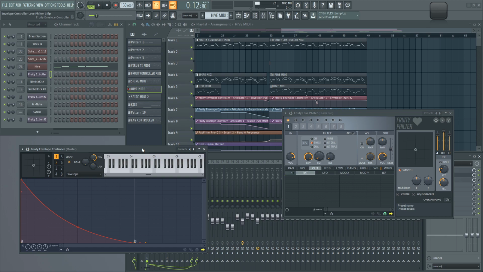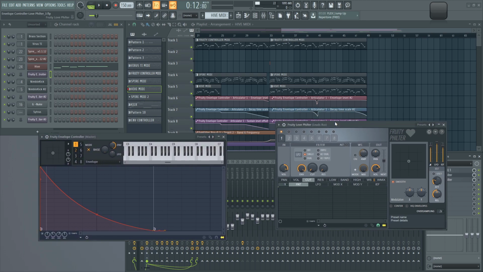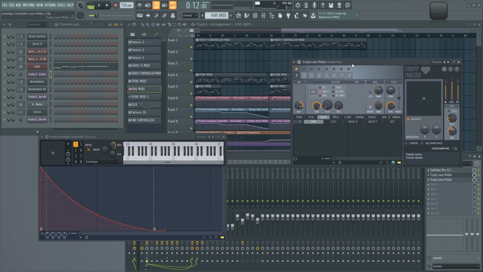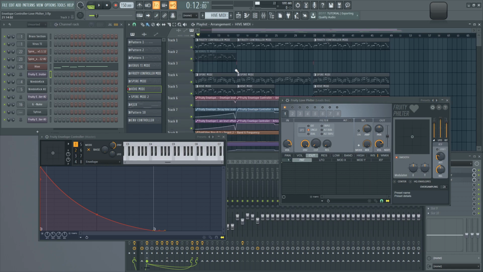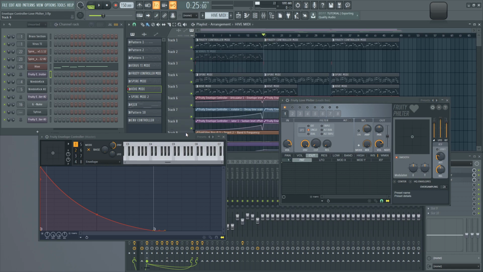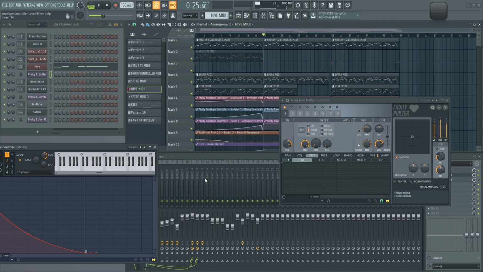But it would be a pity to send you guys off without actually covering some of the envelope controllers and some of the controllers that affect your synth plugins and also your effects plugins inside of FL, which are very, very powerful. So I have used a Fruity Love filter essentially as a master filter for all my